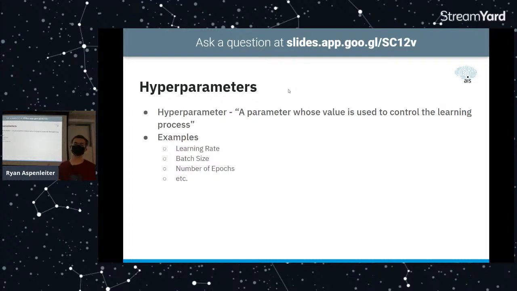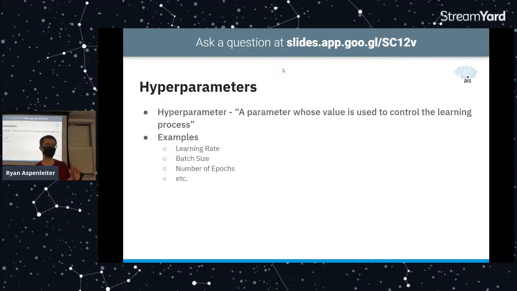If you have a really high learning rate, it will converge really quickly, but it might get a bad answer because it could jump over correct answers. There's also batch size, and epochs, which determine how long the training is, or in the case of batch size, how often you want to update the weights in the model. These are all little things that can influence how well the model runs, and it's important to figure out good choices for them because they can dramatically affect how well your model runs.